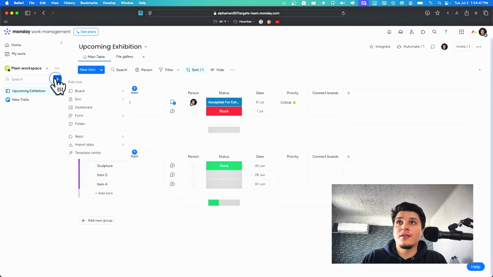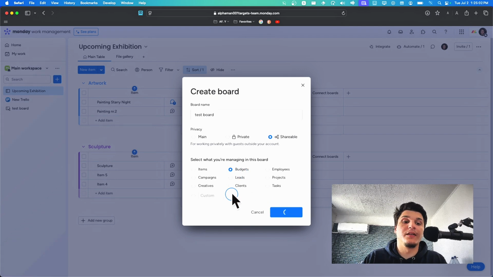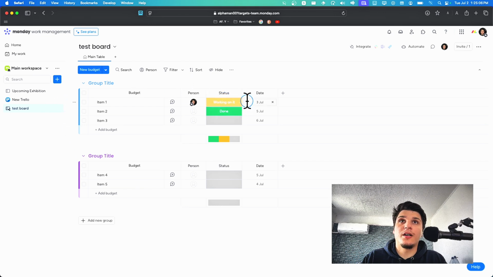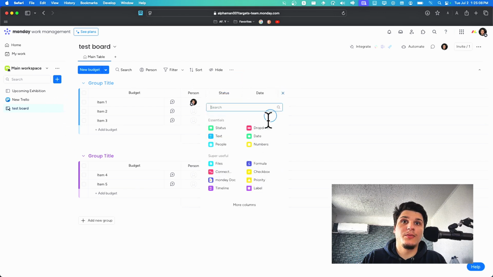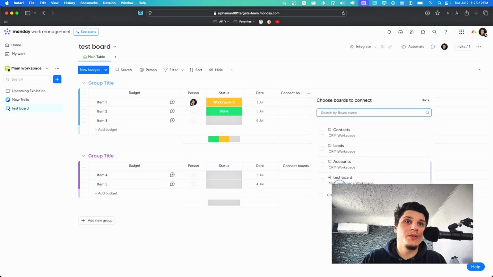And now let's click on this plus here, and then here we see board. I'm gonna click on board, and then here I can name this board. I'll just name it test board so I can show you I can connect this one as well. Select shareable and create this board. Got it. Now here I can click on this plus, connect, select board, and here we can see the test board,